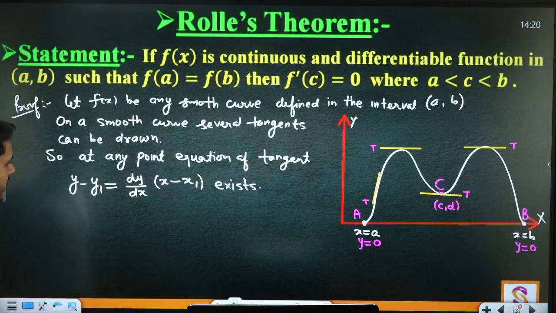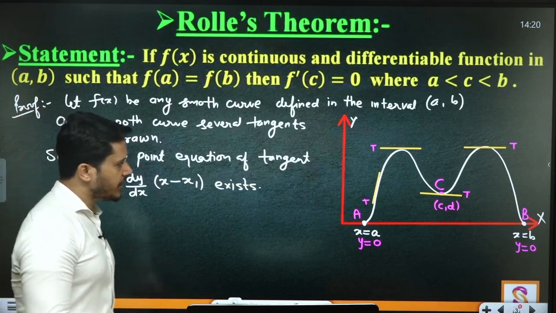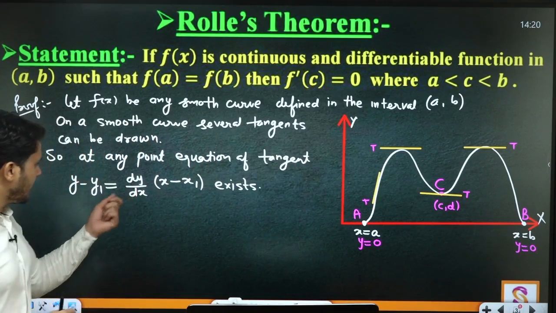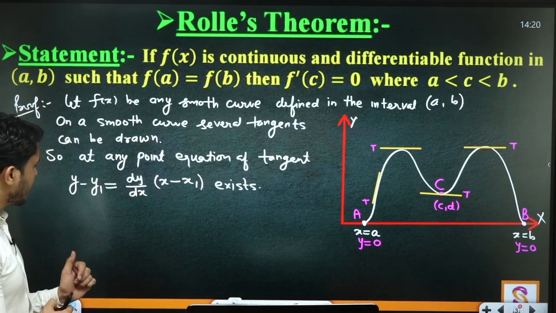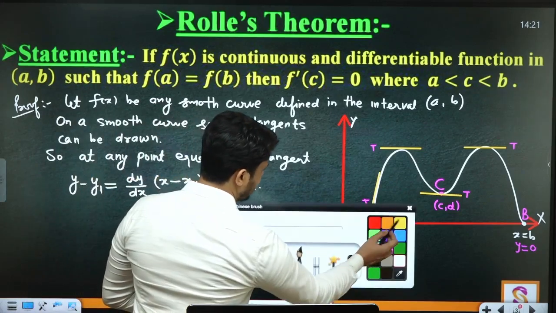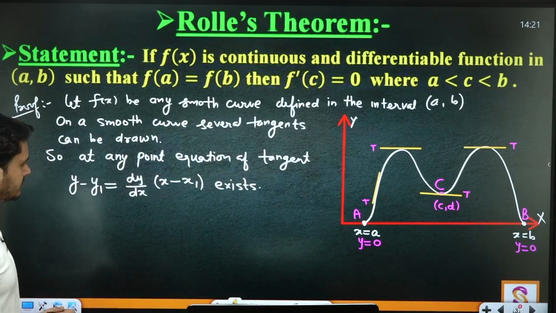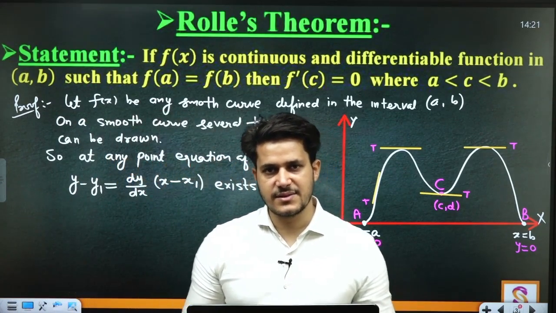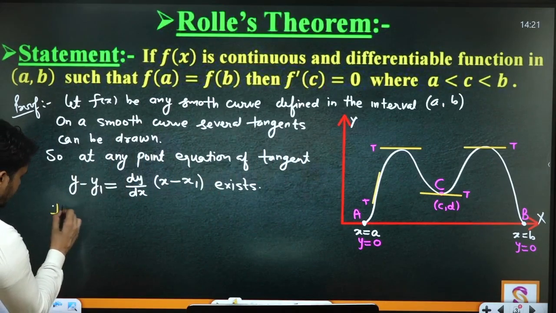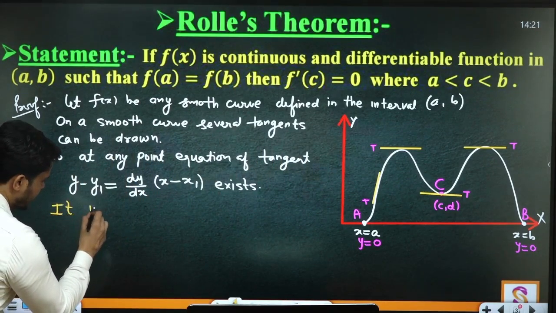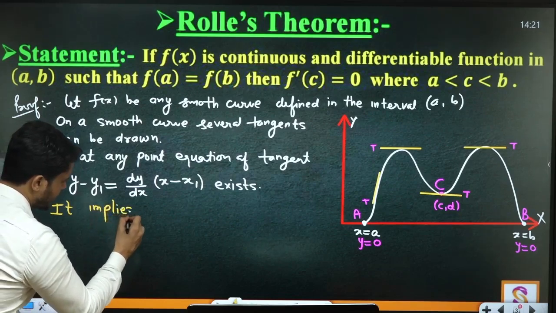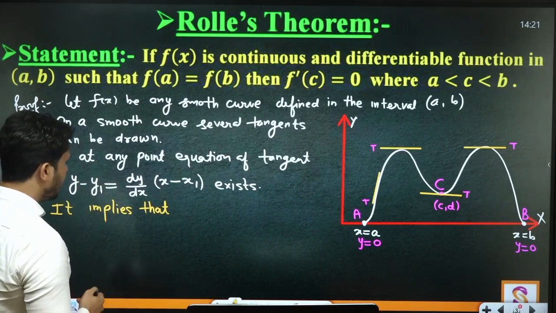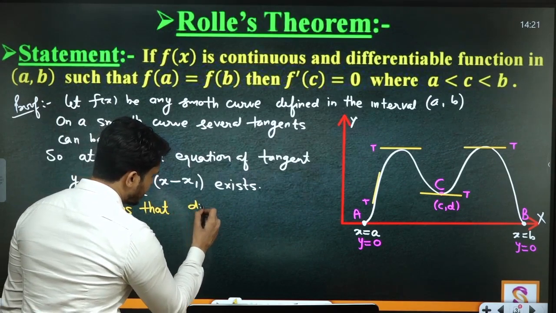Okay, at any point this equation can be drawn. Due to smoothness, many tangents can be drawn here, and at any point apply the formula for tangent. This tangent equation exists only when the term dy by dx exists. So it is possible only when, or it implies that dy by dx